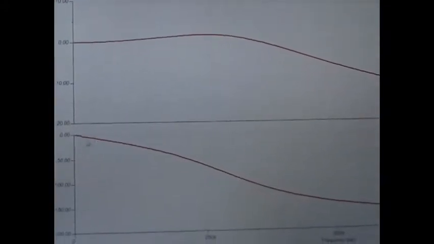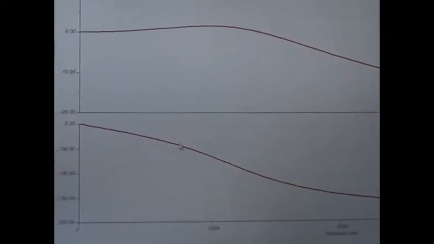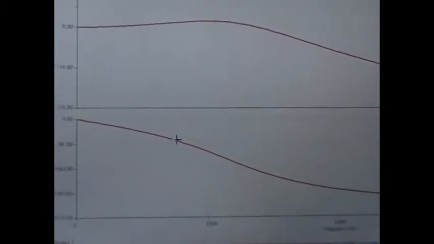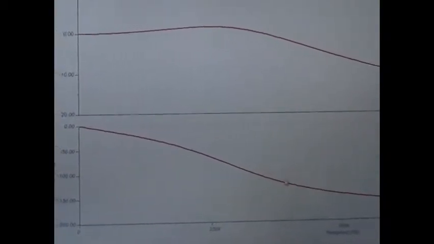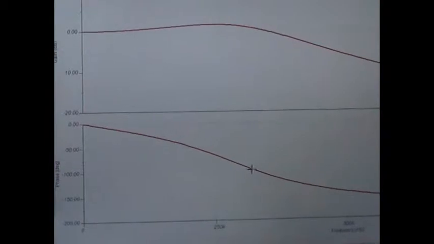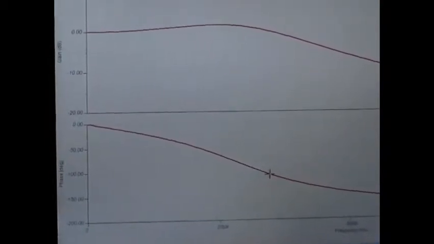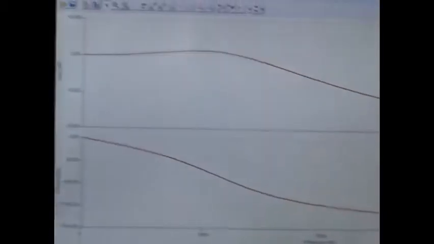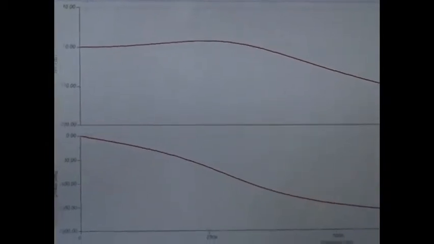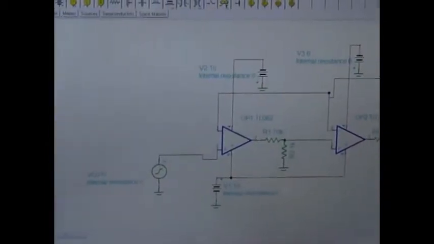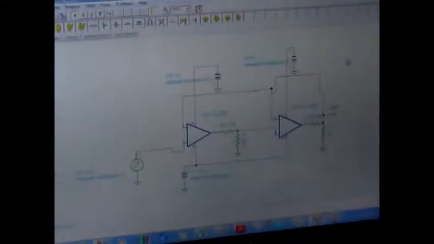So we have the phase response here, where we will have a 45-degree phase shift at the first pole, so it should be somewhere here, and then we will have a second pole here at 90-degree phase shift, and then the phase just decreases to 180 degrees, with the phase reaching 180 degrees at frequency infinity. So this is our simulated plot, and now we'll go to the practical implementation of the circuit.